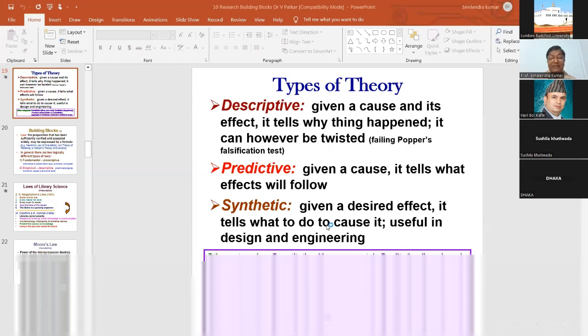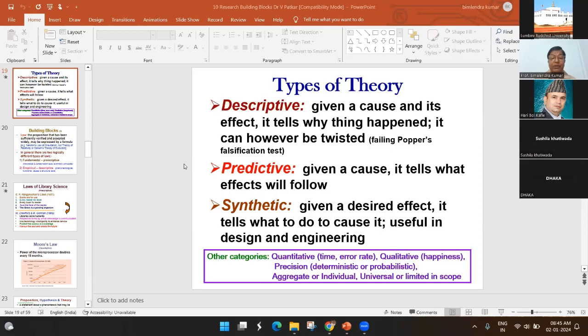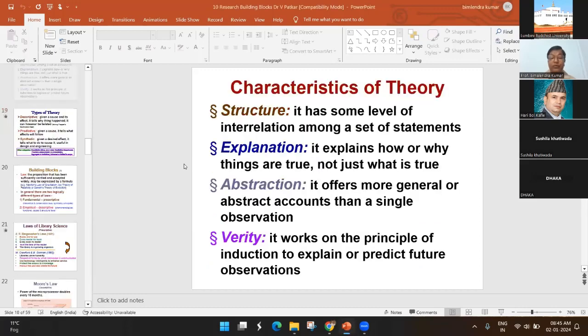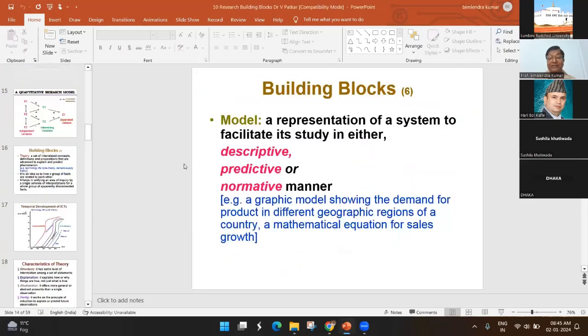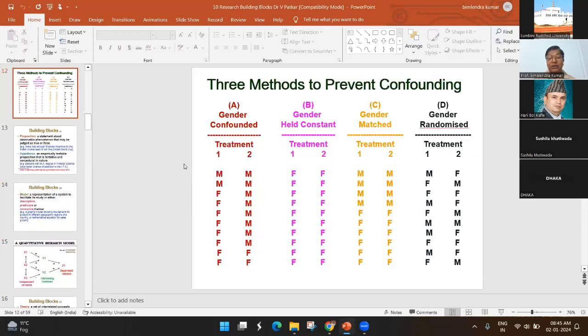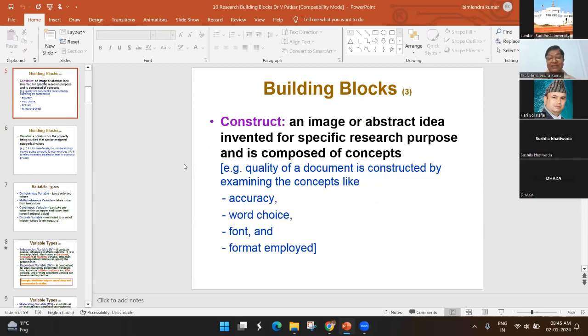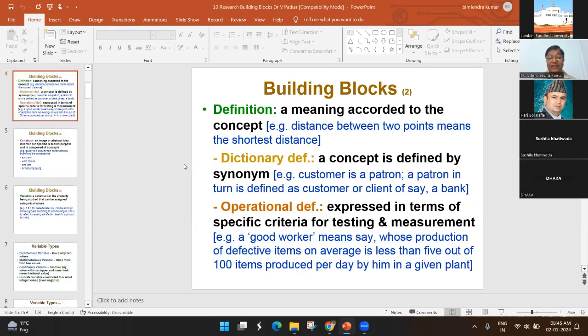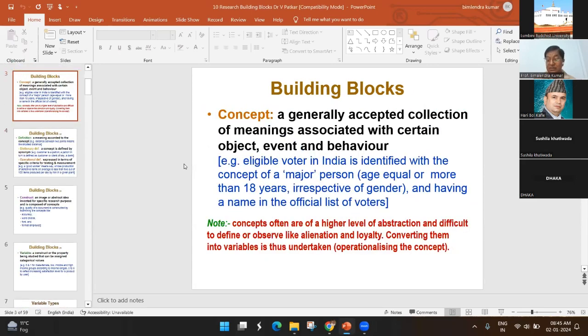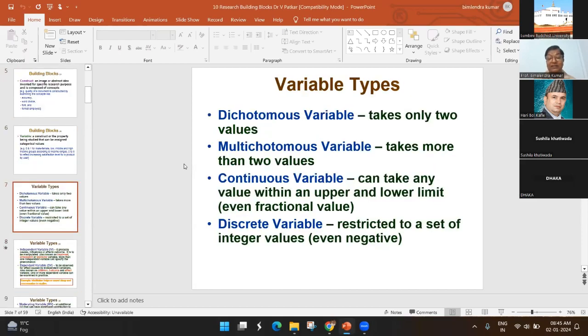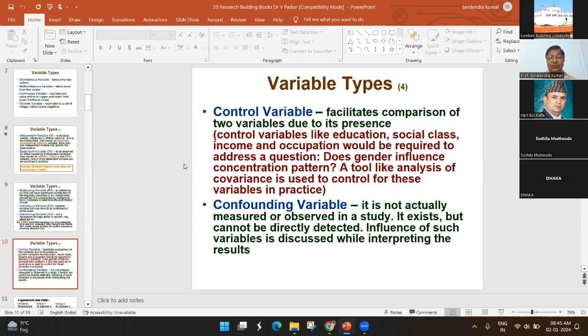So we had discussed what the methods are. If you remember, we had discussed how things are coming for the research. We are discussing what the concept is, what the definitions are. We had discussed in the last class. Today we are going to discuss